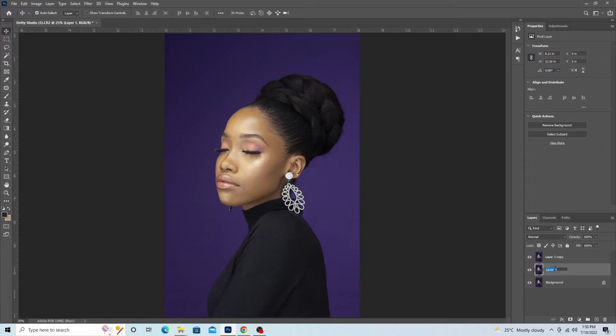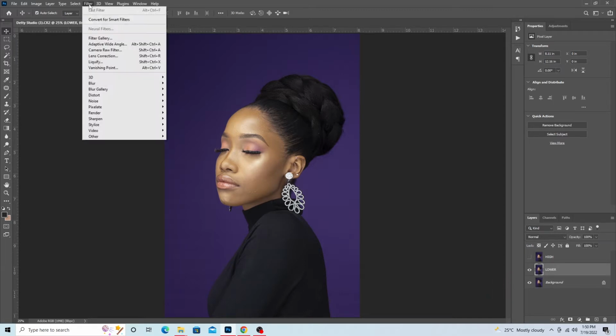Then we name this one to be the lower, and let me do it capital. So let's make this one lower, and let's name this one to be high. Okay, so simple. So let's turn off this one because we are creating our frequency separation. We choose this one, then let's come to filter, then we come to blur,